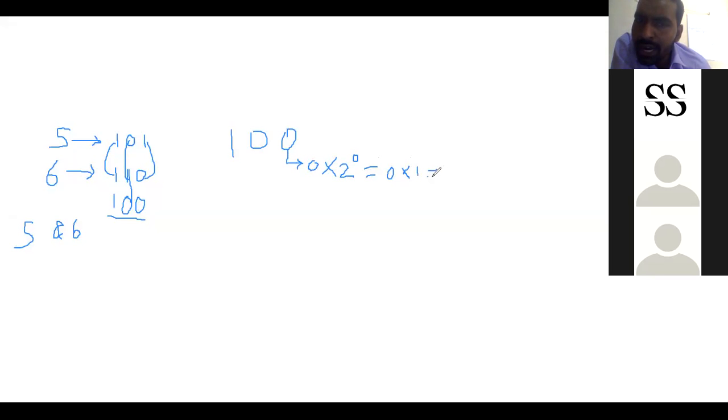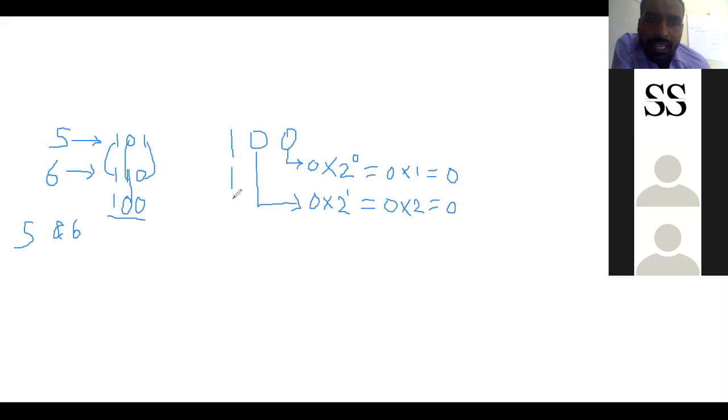So 0 into 1 is equal to 0. Now for this one, 0 into 2 power 1. 2 power 1 is 2. So 0 into 2 came as 0.